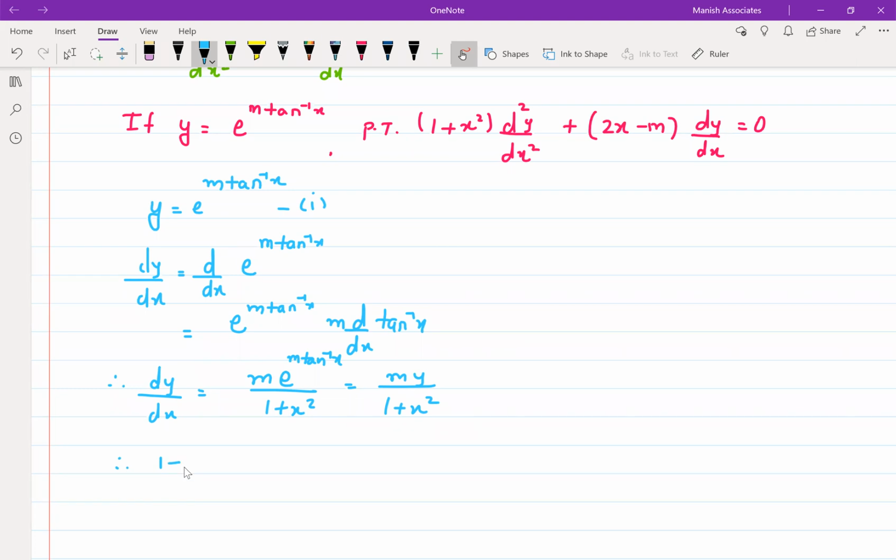Therefore, now I don't have to explain you why I multiplied. I multiplied for 2 reasons. Number 1, I want to avoid using quotient rule on my RHS. Number 2, see the answer. Along with the second order, what am I observing? I'm observing 1 plus x square. Now I'm all set for my second order differentiation. I just have to apply the UV rule. My answer will be ready. Clear? So from here, you guys can start on your own. Come on, start solving from here, all of you.